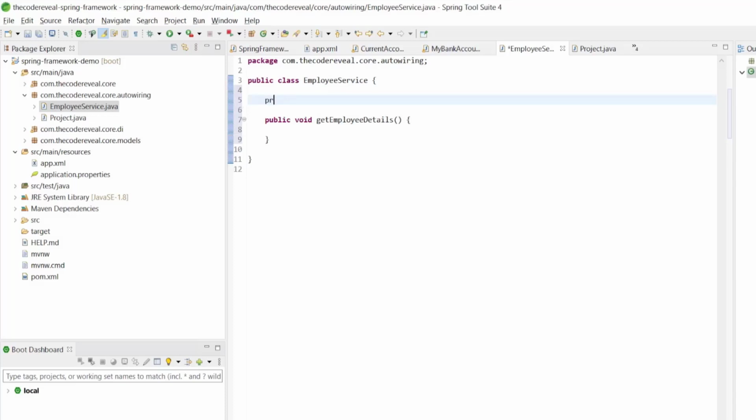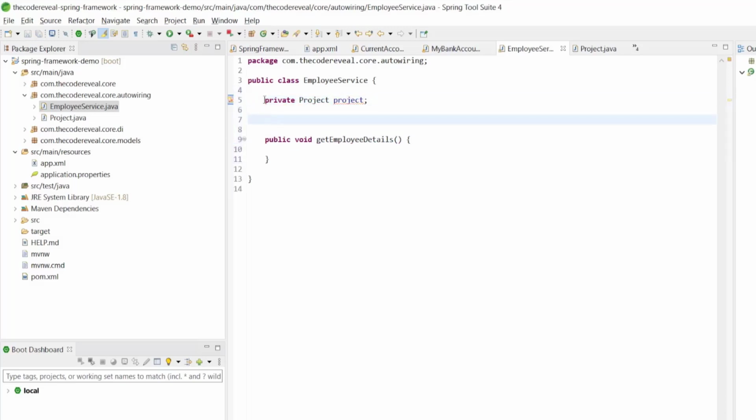Here we'll use private Project project, and let's use a constructor here.